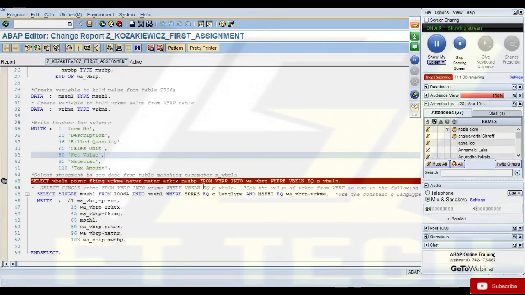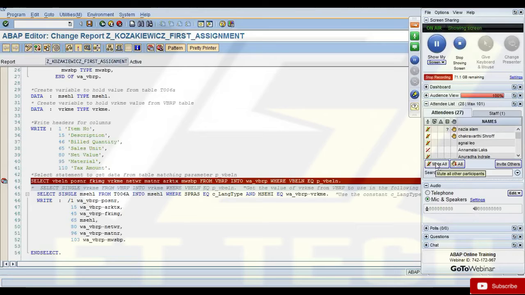And one more thing you need to remember, when you write these select queries or anything, always try to write a select to one table only once. Don't write more than one select to the same table. If you want to fetch certain fields data from a table, then in one select you get all that data. Don't write more than one select to the same table.